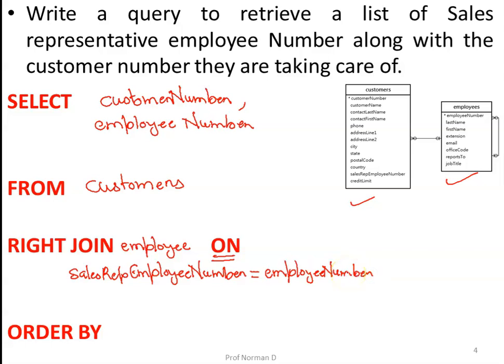And if you want a sorted result, you can always use the order by clause and sort the result based on employee number. Now let's have a look at the output.